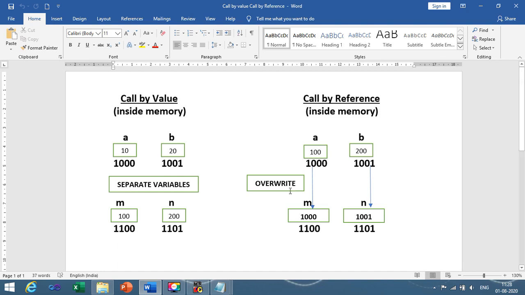Similarly, for the call by reference program, when you write this program, inside the memory structure you need to write with a pencil in the journal only, right? You need to write both of these structures.